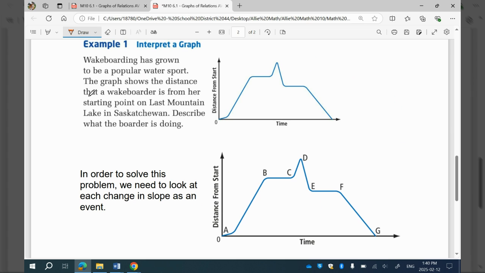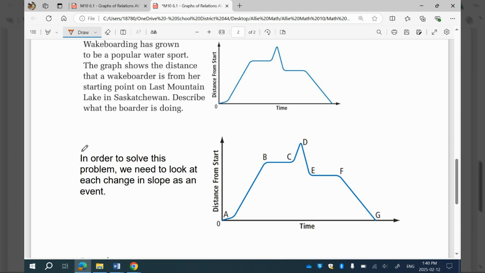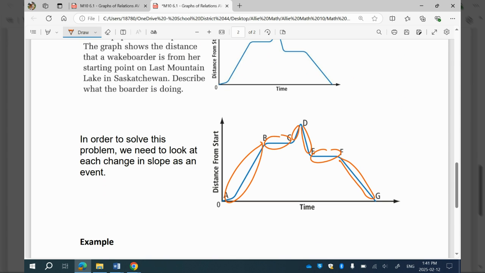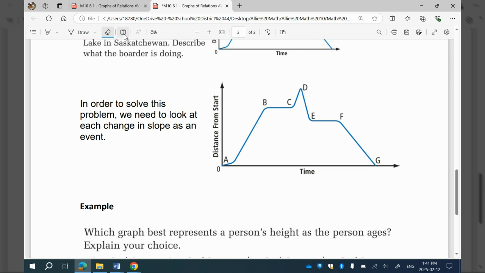So what's recommended, in order to solve this problem, is that we need to look at each change in slope as an event. So we're going to look at this part as an event, this part, this part, this part, this part, and this part, all as separate events. And let me erase that mess, and maybe I'll type out my best interpretation with my limited understanding of